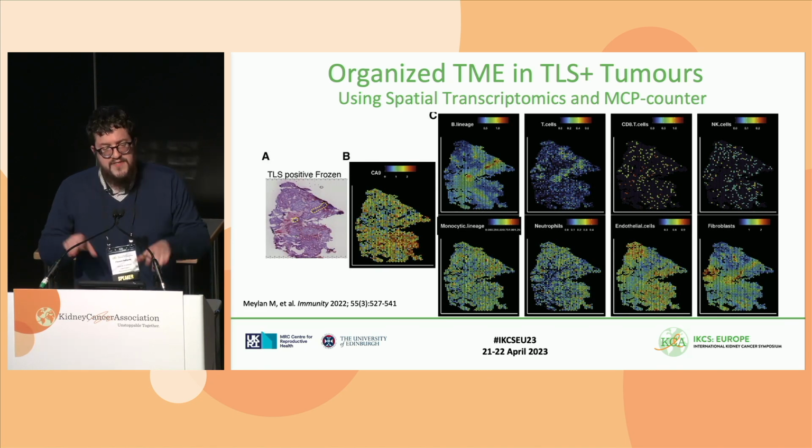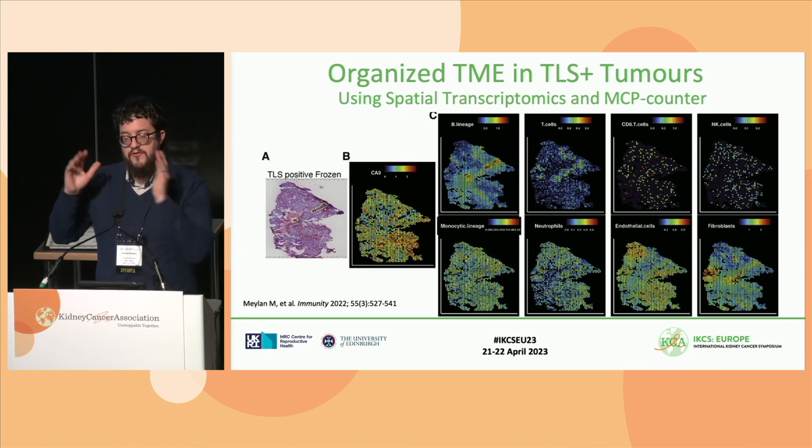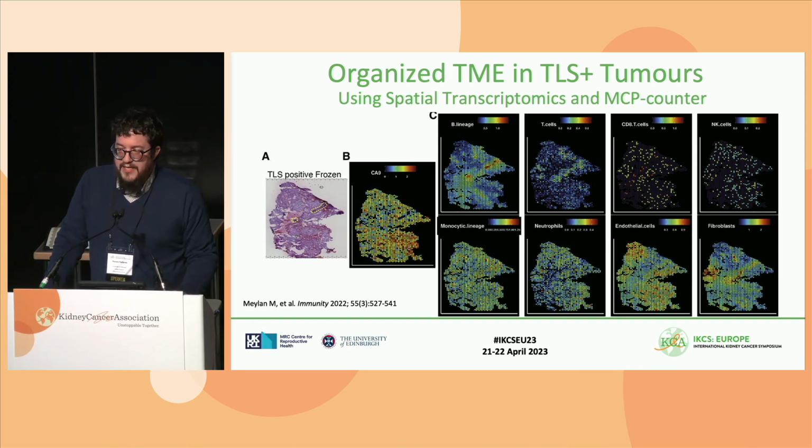We first separated the tumors based on their TLS status, so those that had TLS and the tumors that had no TLS. Interestingly, in the tumors that had some tertiary infrastructures, we could see a very strongly organized tumor microenvironment, notably for B cells and T cells, but also for fibroblasts. On the left here, I'm not sure I have a pointer, so no problem. But on the left, the yellow dotted zone is actually where the TLS are located, as confirmed by a pathologist.